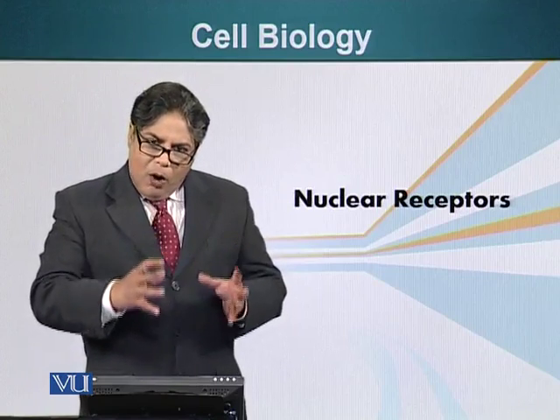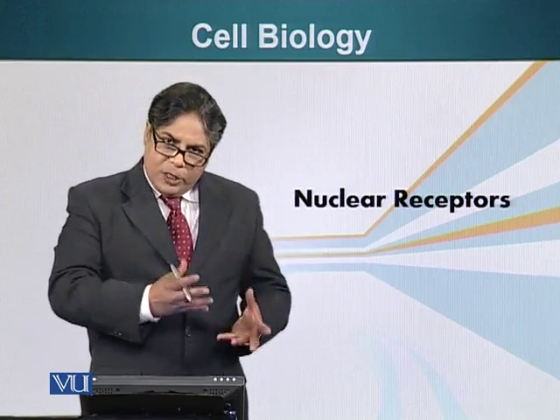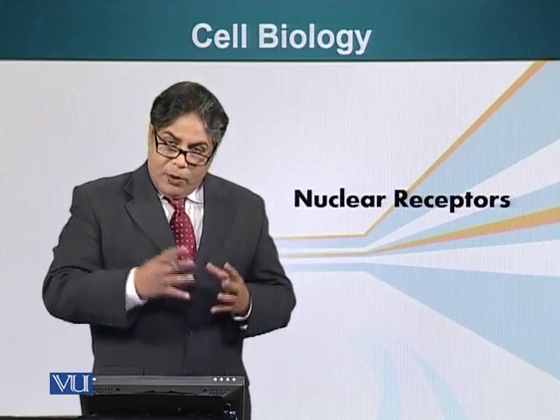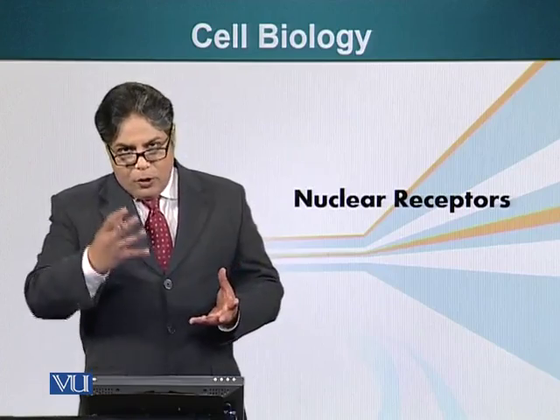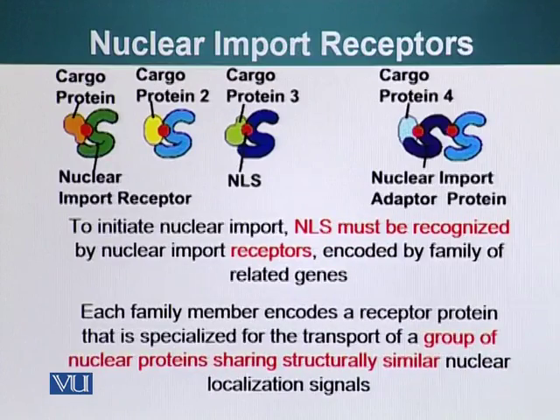And we'll see how energy is used to bring these proteins against their gradient, because we are actually going to decrease entropy. So how does that work? Let's look at that. Nuclear import receptors are the proteins which can carry proteins which have NLS. There are several different types of these nuclear receptors. In order to initiate nuclear import, the NLS must be recognized by a nuclear import receptor, and